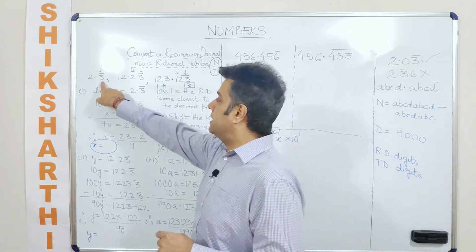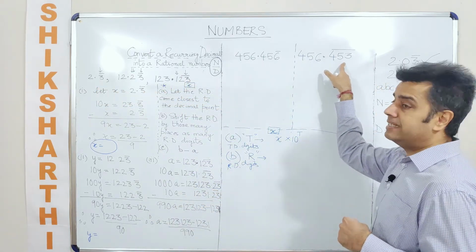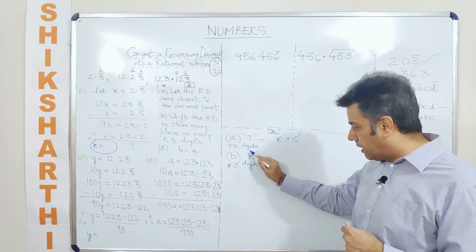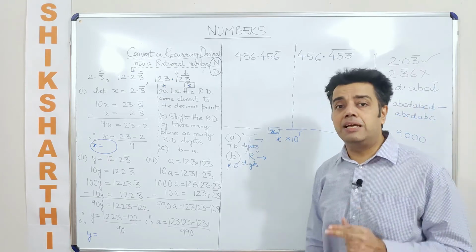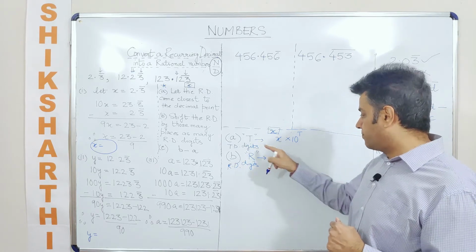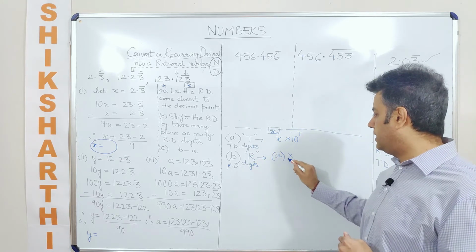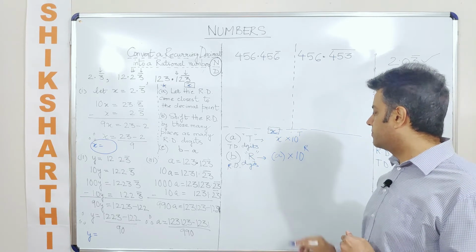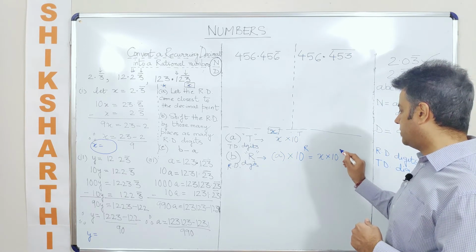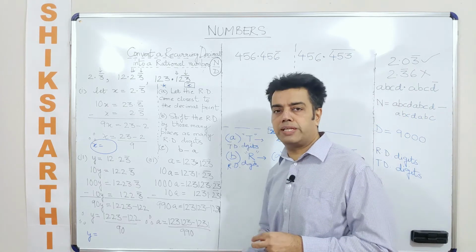So here, how many recurring decimal digits do I have? 1, here also 1, here 2, here 1, and here in this case we are having 3. So now what you are supposed to do? Once I have counted that there are R recurring decimal digits in the given question, the question here is x. So I have to multiply A, which is the result in A, by 10 to the power r, which is just like saying x into 10 to the power r into 10 to the power t is what you are supposed to do finally.